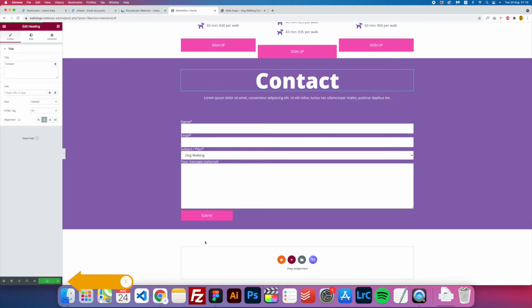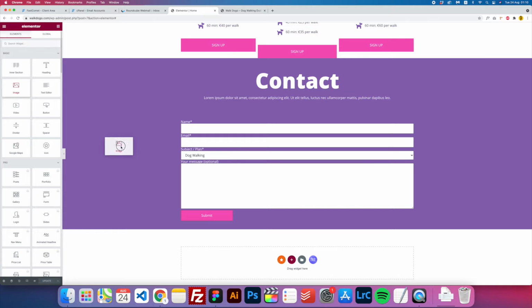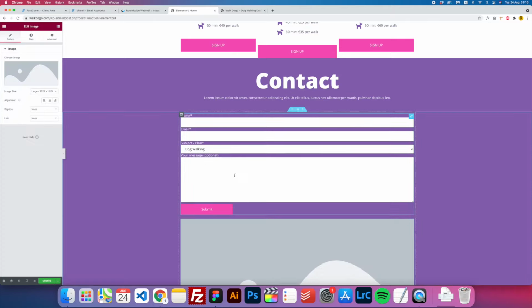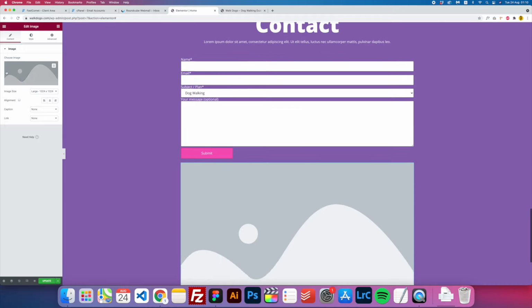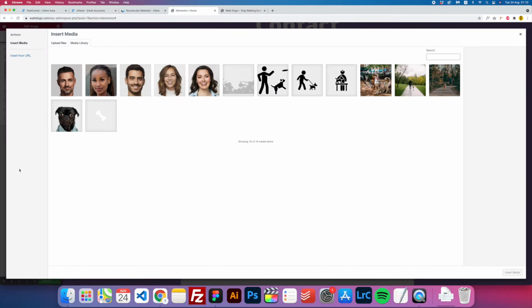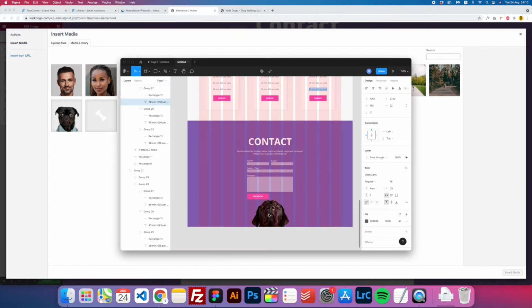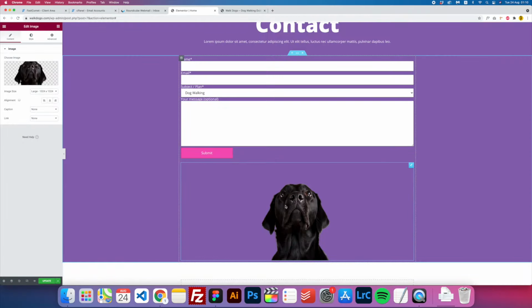And hit the update. And one more thing, just hit the grid icon, just drag and drop image widget under the contact form, and we're gonna just drag and drop this lovely doggy. So once you drag and dropped everything, alignment to the center, click on update,